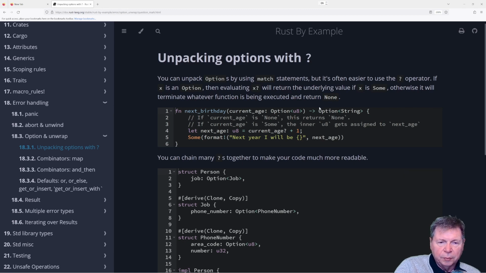Unpacking options with question mark. You can unpack option S, or is that options? Hard to tell. By using match statements, but it's often easier to use the, oh no, option is the keyword, S plural, but we want to, okay, yeah. That's why it looks weird.